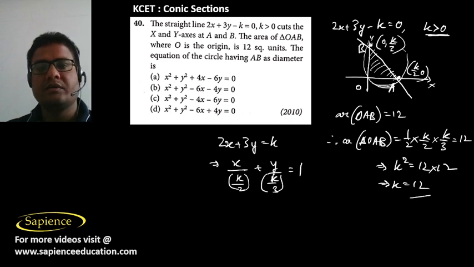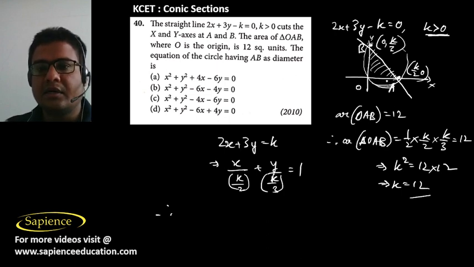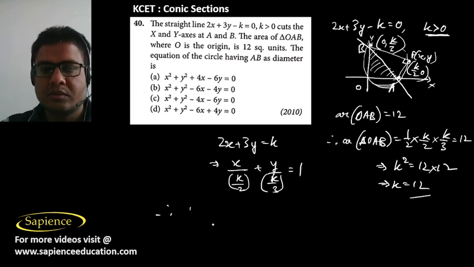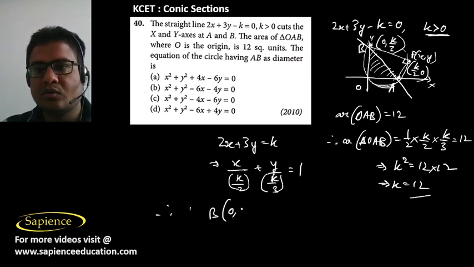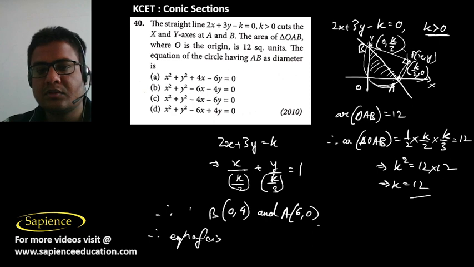The equation of the circle having AB as the diameter is, so therefore, if you take any arbitrary point P on the circle (x, y), then the slope of PA into the slope of PB should be -1, since the angle in the semicircle is a right angle. So therefore the point B is (0, 4) and point A is (6, 0). So therefore the equation of the circle with AB as the diameter is